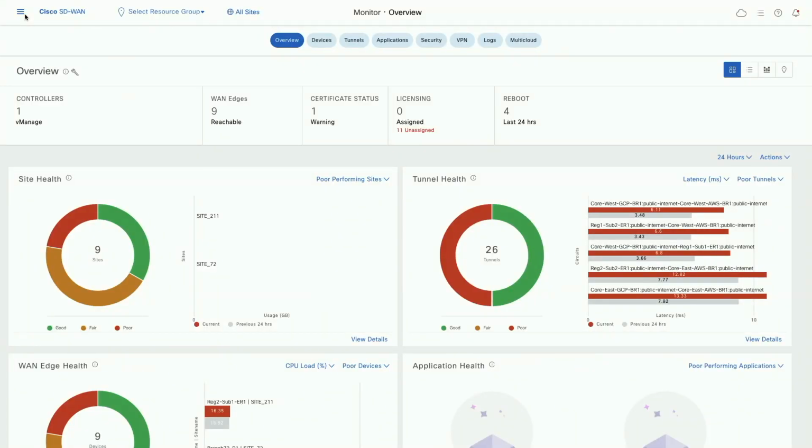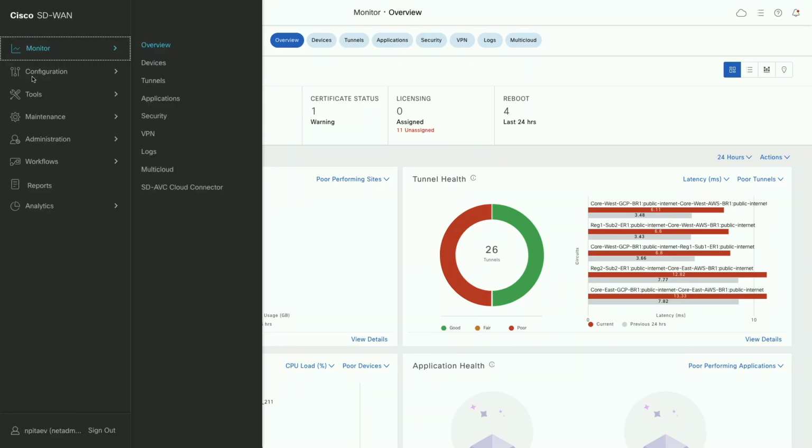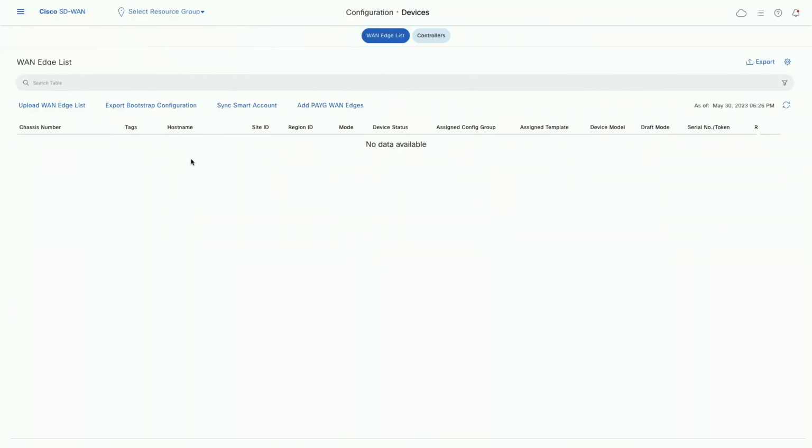Now from just an example of what you do once you come to SD-WAN manager as a new customer. First step that you do is onboard devices. That is where also single sign-on comes in handy. So you go to that hamburger menu, you go to configuration, and you go to devices. Here